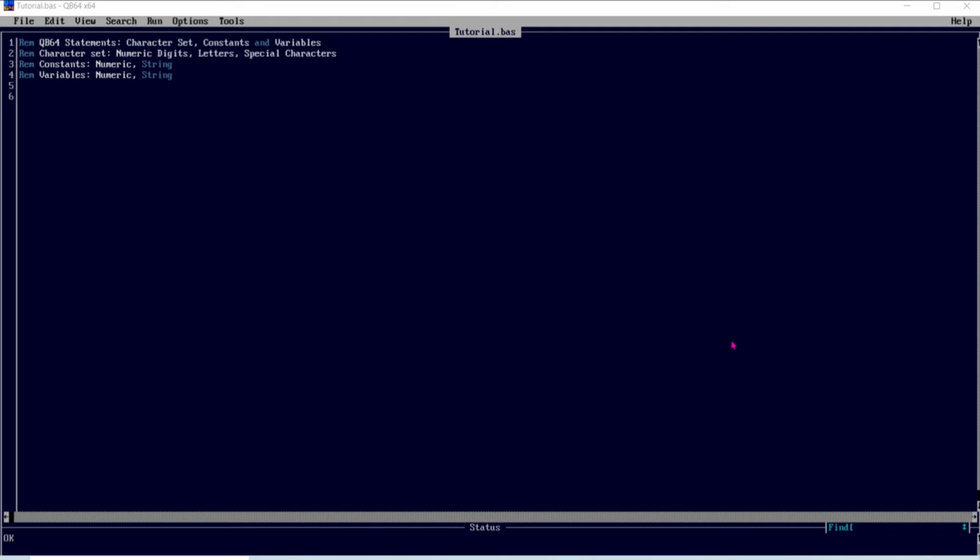In this tutorial, we will learn what the character set is and what QB64 statements are. Character set, constant, variable. How many types are there for character set? Numeric digits, letters, special characters, and then constants: numeric constant and string; variables: numeric and string. Before that, we have to understand